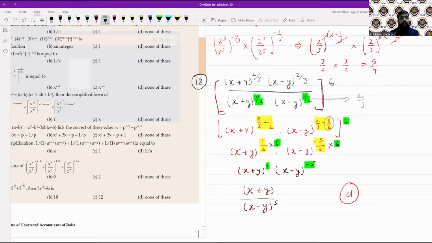Okay, but here as per the given question, the correct answer will be D, and if we make some modification in the question, then we can reach option C also.